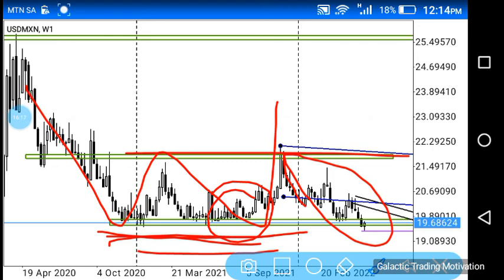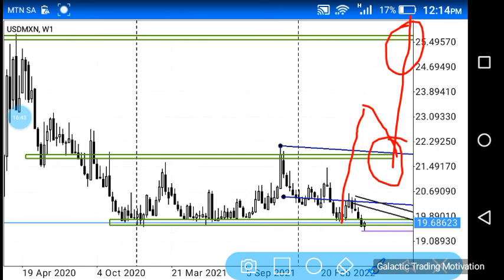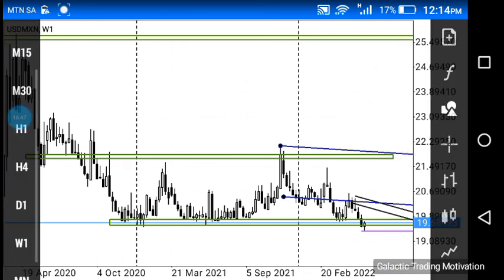So what may happen next is, once this area has been filled, that H4 candle has been filled, we are likely to see price pushing at least to this area. So this would be my first take profit. If price breaks this area, I would wait for it to come back to the area to retest it, and I would look for further buying opportunities. And my next take profit would be this area right here, which is, I can just go back to the daily chart,